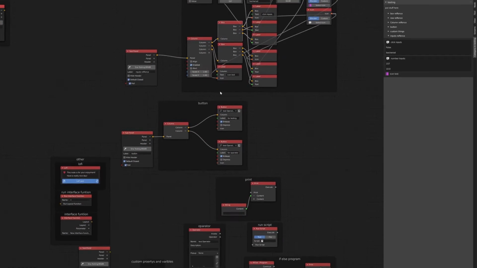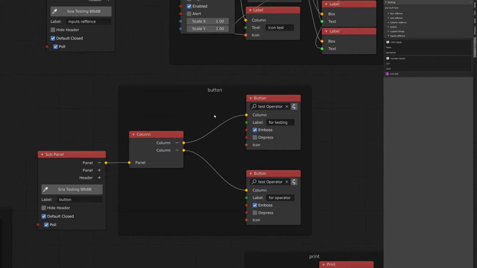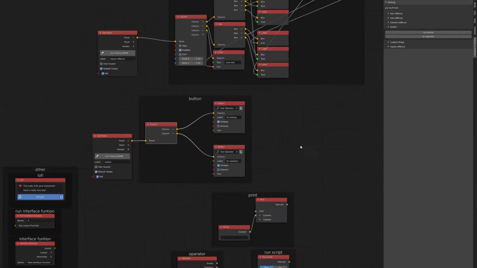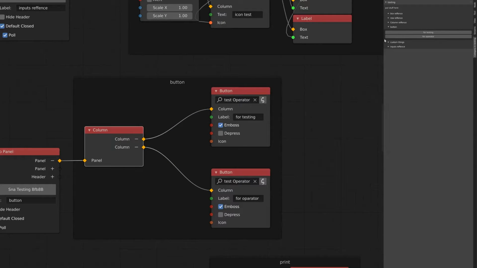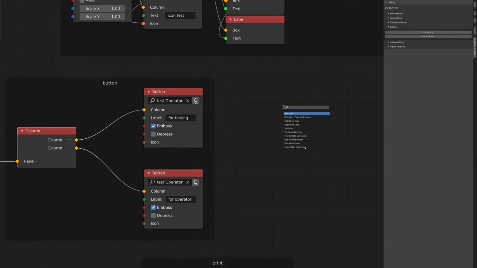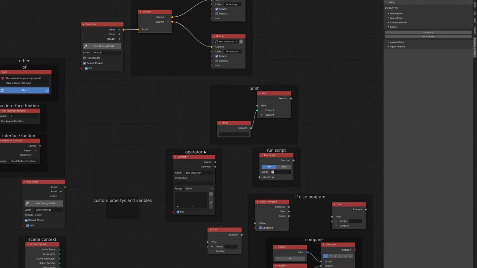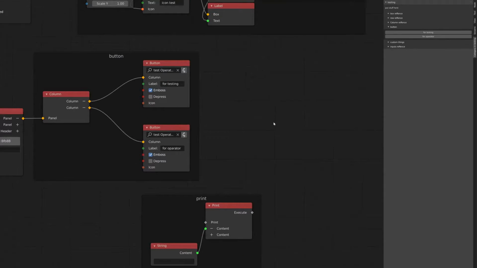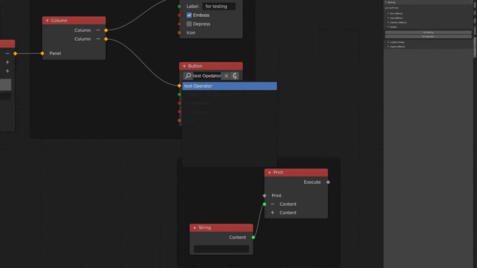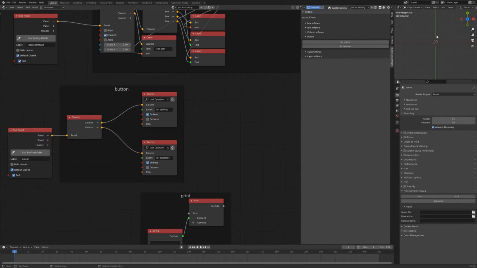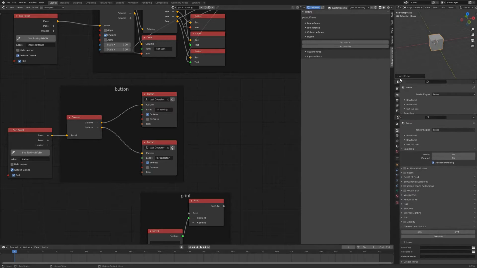So now we have the buttons. These are pretty much essential. So, button. We have these two buttons. So, the way these work is it's a button, and they work well in conjunction with operators. In fact, I think that's the only thing they work in conjunction with. So you have Serpens operators like you do here, but there's a not so hidden thing where I'm pretty sure if you go this and then you get a little info node,